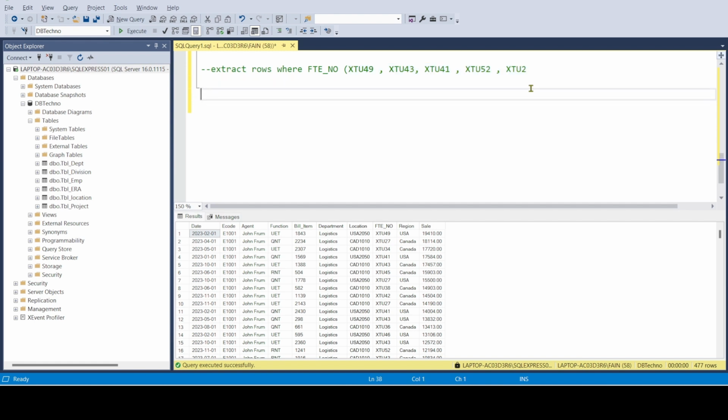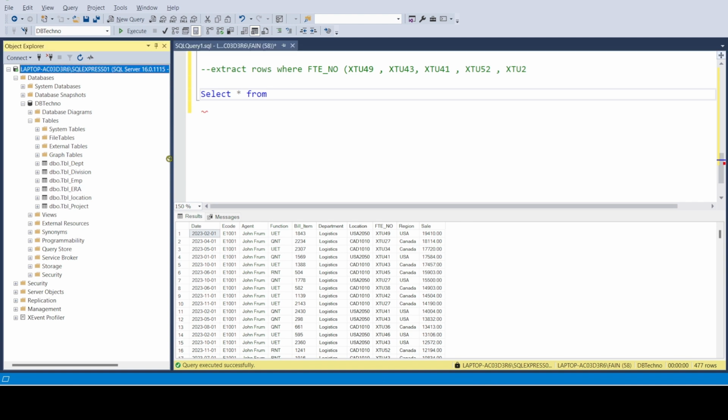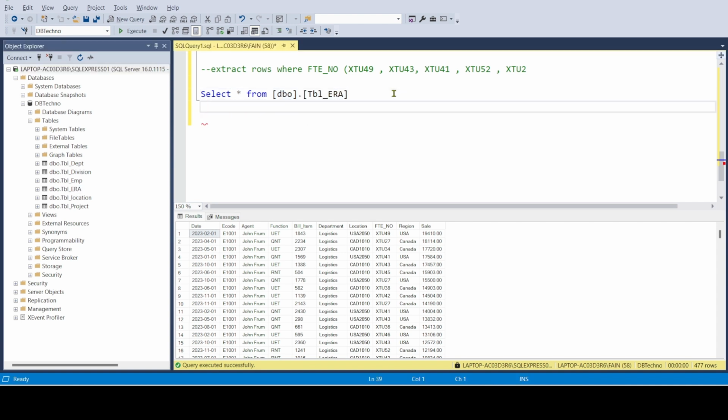So I'll write down select asterisk from table name where fte in, and here we can specify the values 1, 2,